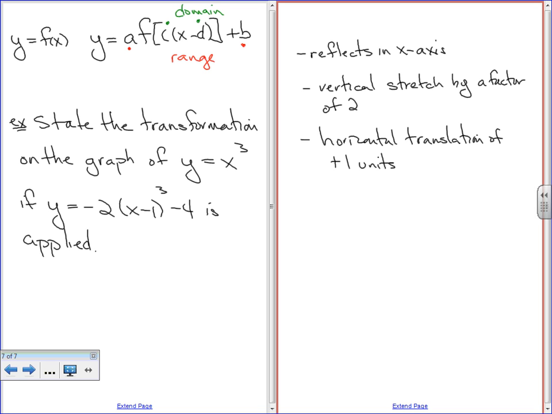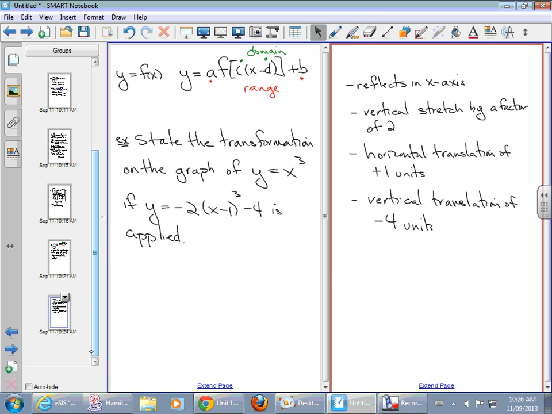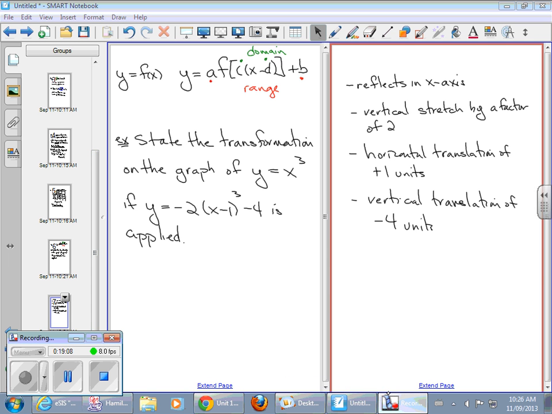You can write that down, shift it down 4 units. I'm going to write down vertical translation of -4 units. But again, if you write down, moves everything down 4 spaces, that's good enough. So tomorrow we're going to go over even and odd polynomials, which are